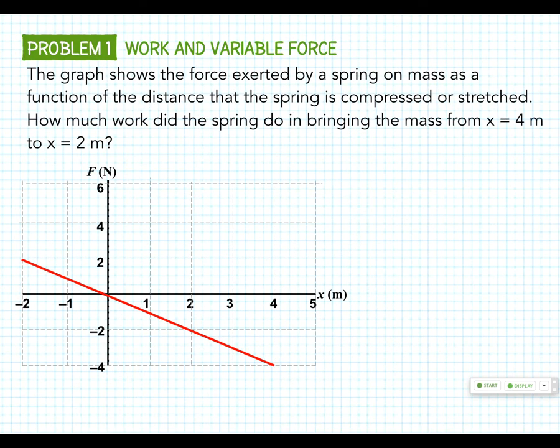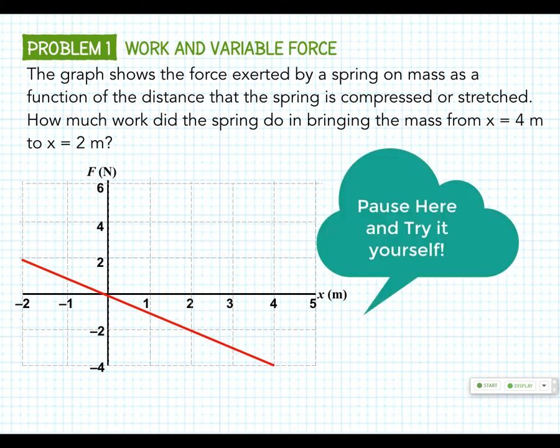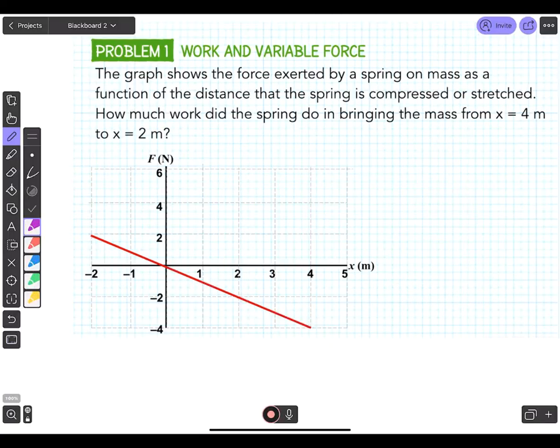Here's the problem. It's always good when you use graph paper and then the graph doesn't match the graph paper. The graph shows the force exerted by a spring on a mass as a function of distance that the spring is compressed or stretched. How much work did the spring do in bringing the mass from x equals 4 to x equals 2 meters? So to go from x equals 4 to x equals 2 meters, it starts here and it goes to here,